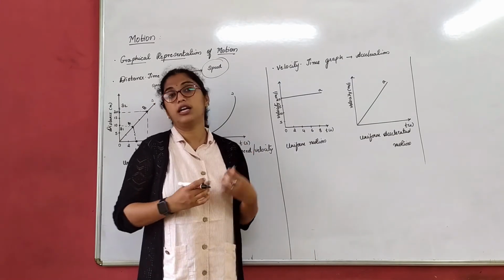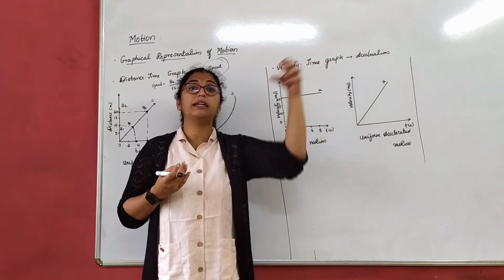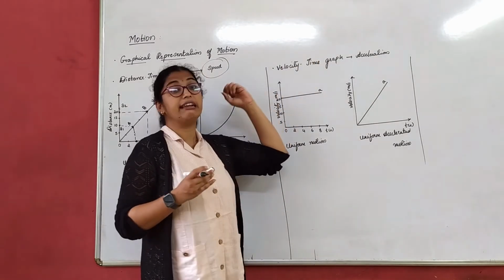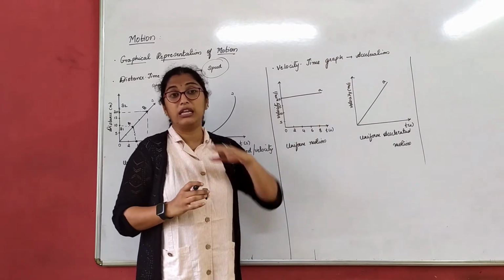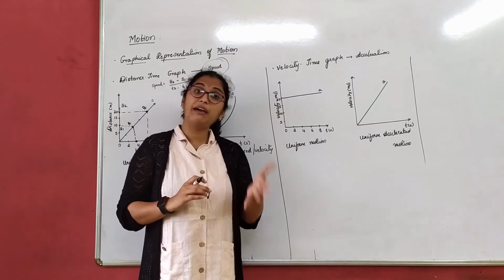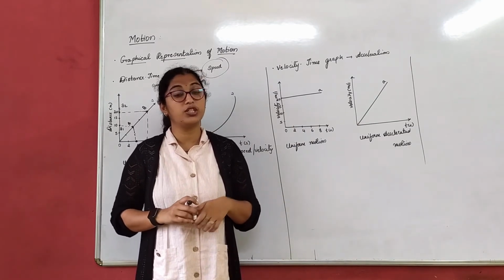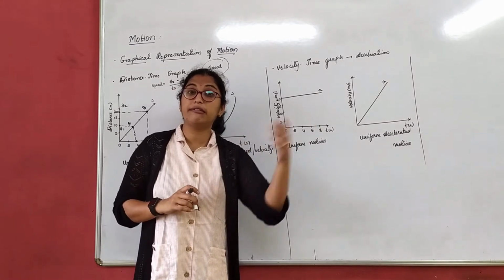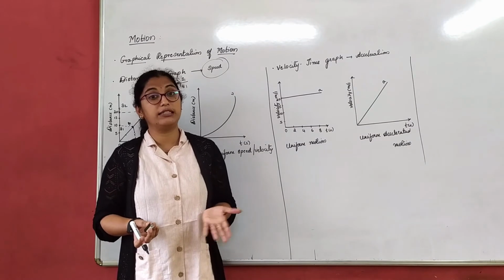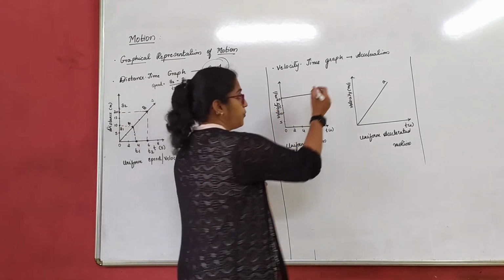Right? Assume that I am going on a highway. I started from a point till I reach a particular destination, and I did not change the speed at all. That means I did not vary the velocity at all. I am going with constant velocity. If I am going with constant velocity, then how will the acceleration change? Because acceleration is the rate of change, right? Since I am not changing my velocity, acceleration is 0.